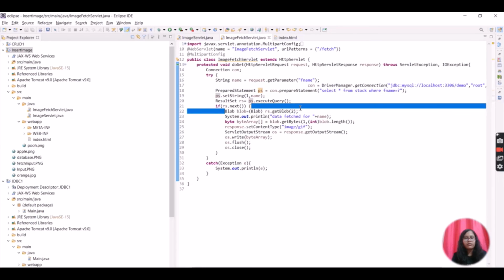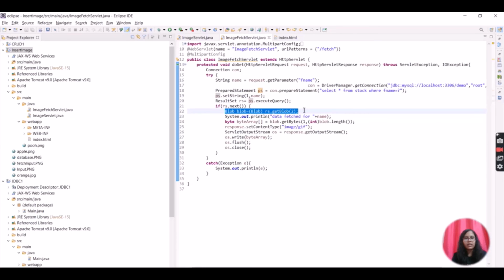Blob is used to receive the values from the database. After fetching, it will give the message over the console that data fetched for name. A byte array is used because we are getting the image in the form of bytes. And setContentType is used here. I am fetching an image and inserting an image, that's why I have set the content type as image/jpeg.